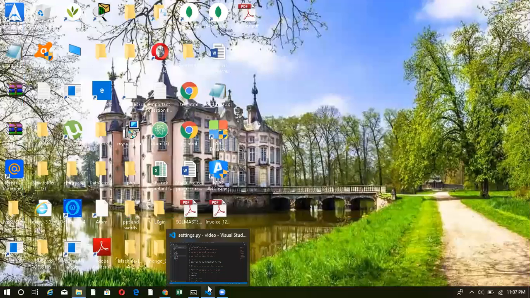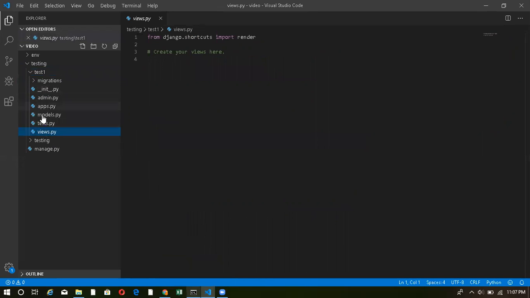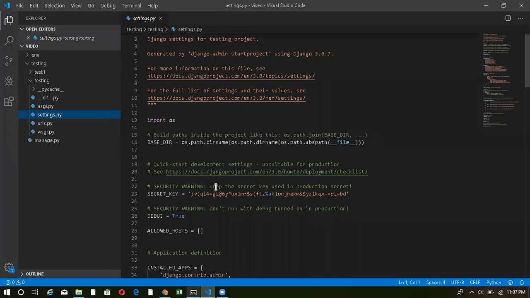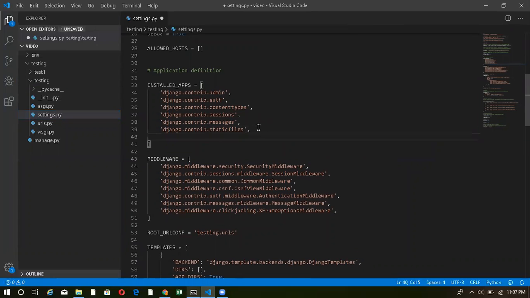So this is the beauty of the Django server. It creates many predefined files for us automatically. Now, what all these files basically mean, I'll tell you. But before that, I have to add my app name inside my settings.py. I have to tell my project that I've created an app inside it, so it has to use that app also. To use that app, I have to mention that app name inside my settings.py installed apps list.